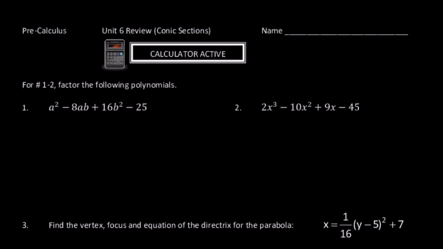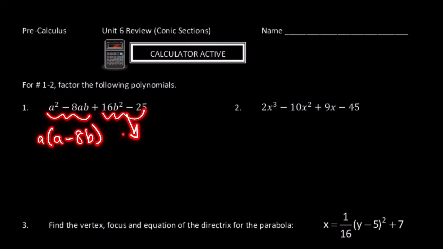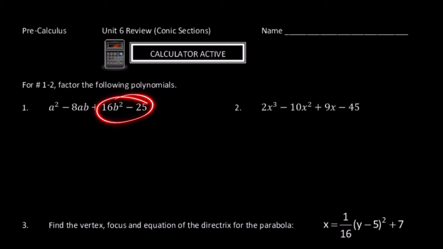Number 1, factor the following polynomials. We want to try factor by grouping. And the question is, can we do two groups of 2? At first glance, it looks like you can take out a GCF here. Take out an A and you have an A minus 8B. But there's no way you can get another A minus 8B from this. There's no GCF there. So I either need to do a group of 3 and 1, or a group of